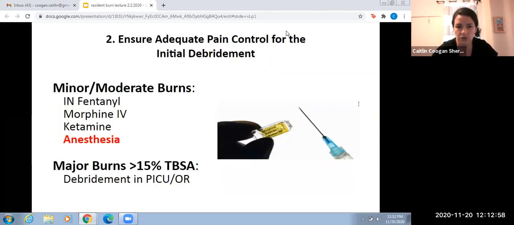Then add pain control. So this is a huge nursing thing. I mean, residents and providers often will come down and say, okay, I'm ready to do this. This is my 10-minute window. Let's do it right now. And it's really up to you guys to make sure, A, that these kids are getting pain control when they show up to the emergency department, or if you're in the ICU, that you're calling the team to plan when your sedation is going to be, or if you're on the floor and you know you have to give oxy 45 minutes before we do a burn debridement, to make sure you're really